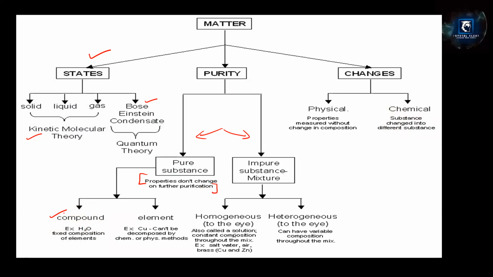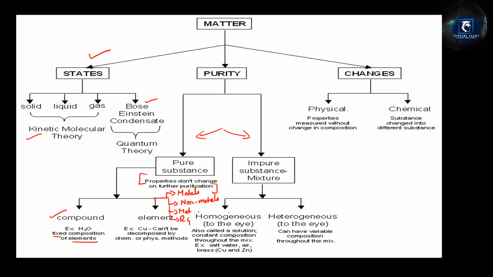And the one we classify as compound, where you can see a fixed composition of elements. It is a combination of elements, in other words. Element, if you take hydrogen, helium, lithium, a group of the same atoms, that you call an element. That cannot be decomposed by chemical, physical, or any other means. So the element we can classify into metals, non-metals. These both are the broadest classification. Then metalloids, and then rare gases. All these come under elements.